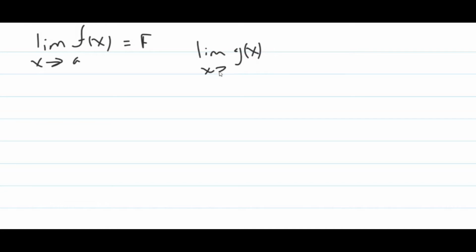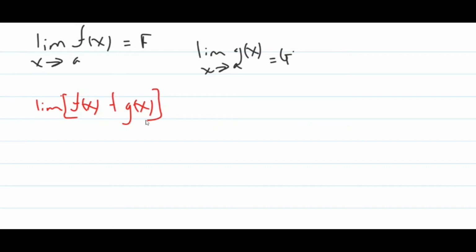If you have the limit of a function f of x as x approaches point A, and that limit is equal to F, and you have a next limit, the limit of g of x as x approaches the same point A is equal to G. The principle, or in some books you may see limit theorem, says this: if I have the limit of two functions and the two functions are added, the limit of f of x plus g of x